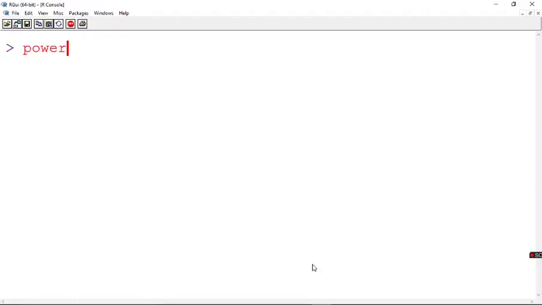Now I am going to have power underscore function. Yes, I am going to create a function like this. So we know how to create a function. I say function of, and I say something called power. Fine. So this power, I can give my own value for this. So I open it. Now let's see that.